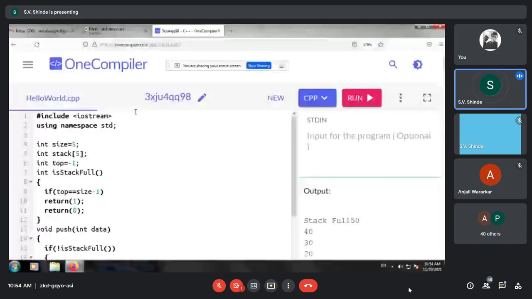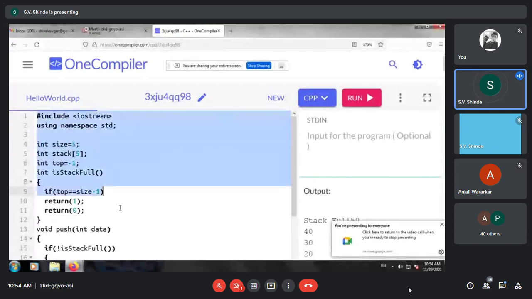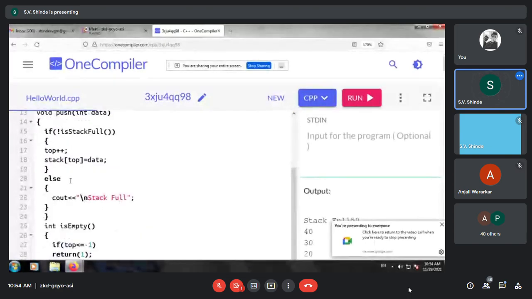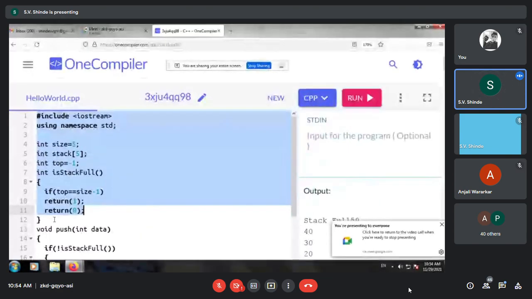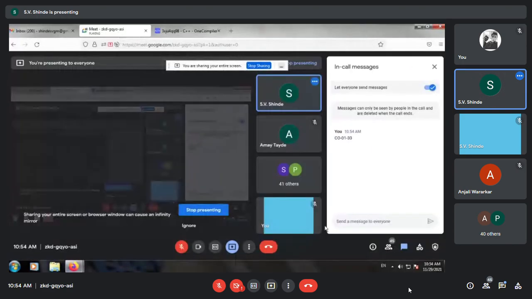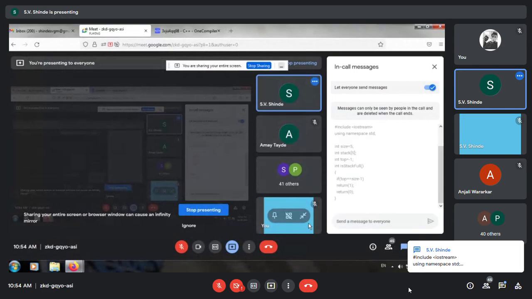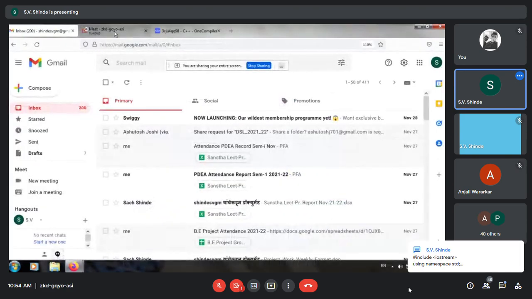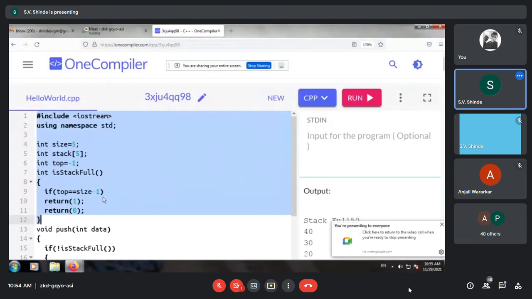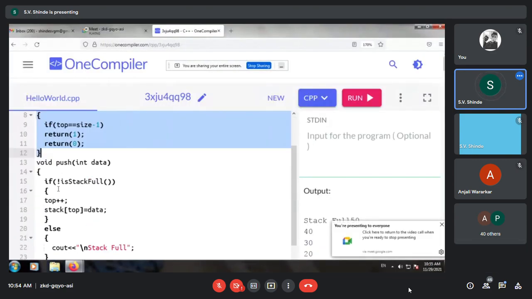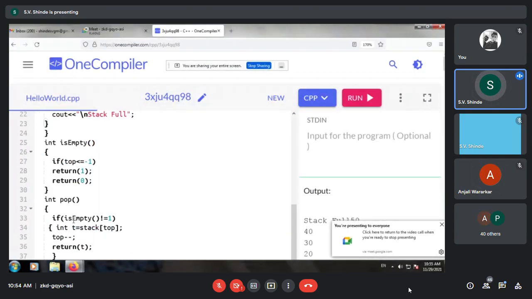I'll share the code for today's stack-based implementation. One function at a time. Second, we will be using the push function, how to push the contents on the stack.